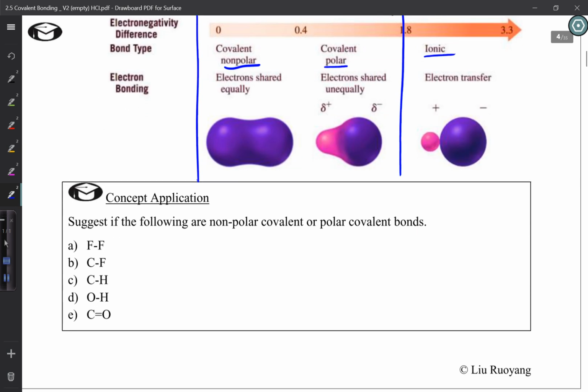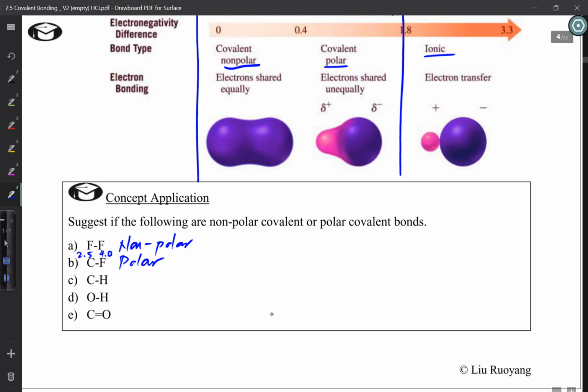So for now, can you suggest if the following bonds are polar or non-polar? This is more or less a recap from what we have learned previously. For the first one, it's an F-F bond. Non-polar, right? Because the electrons will be shared approximately equally between the two, since they are the same. Then the second one? Polar, right? That's because the electronegativity of carbon is 2.5, fluorine is about 4.0, so the difference is 1.5,